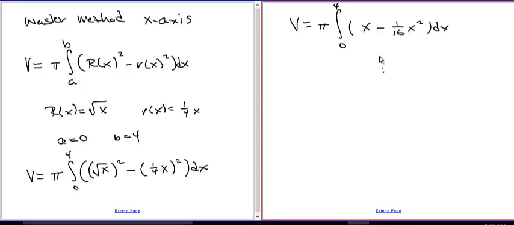And most likely that's what I'll have on the test. It'll be, I wouldn't say simple, but it'll be a polynomial integration, which you guys are good at. And then if you have the shell method